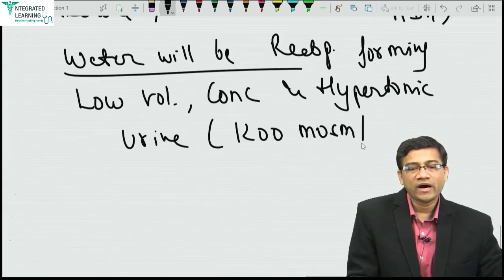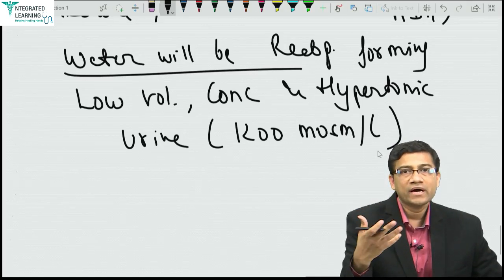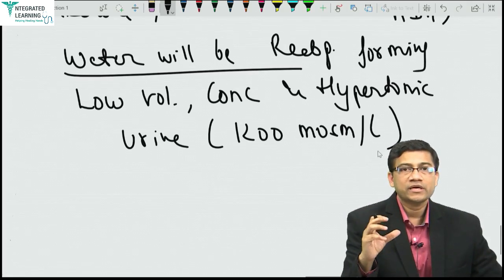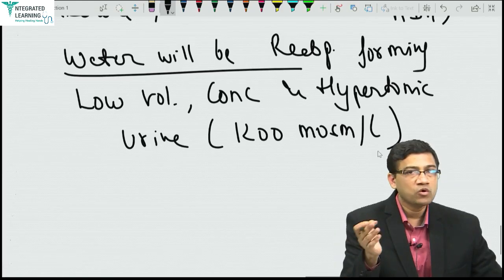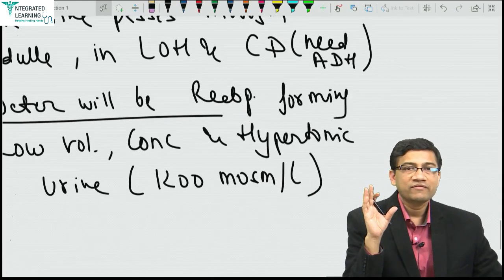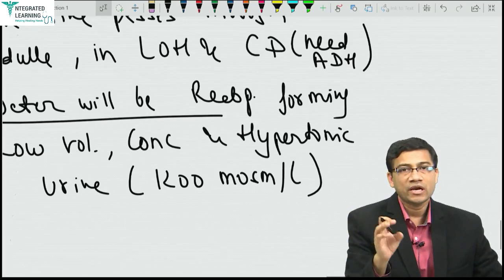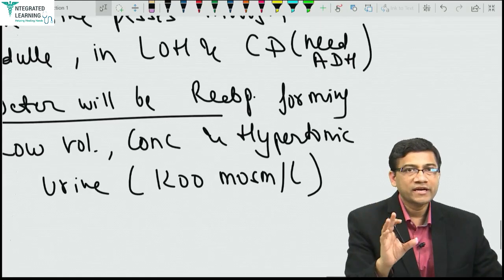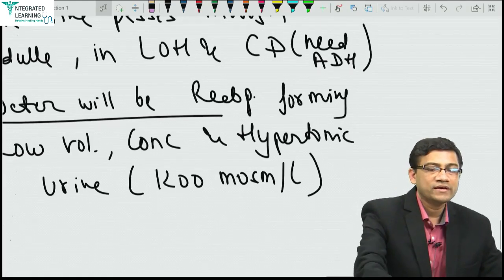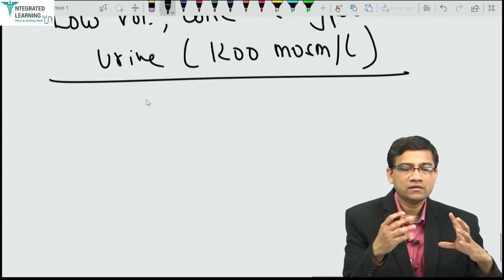That means now you have a magnet for osmolarity. What is the name of the magnet? Medulla is the magnet. It can pull the water, making urine concentrated. Which area? Loop of Henle and CD. But CD requires ADH. Example, if ADH is available, it will absorb the water, making concentrated urine. If no ADH, dilute. I will discuss it later, but right now ADH is required in CD but not loop of Henle.